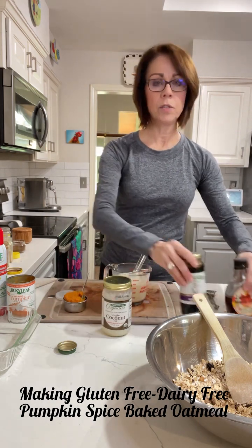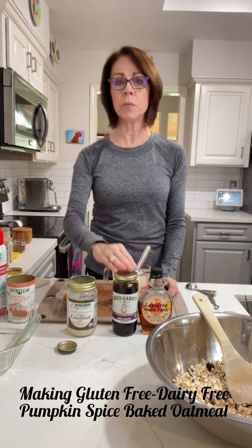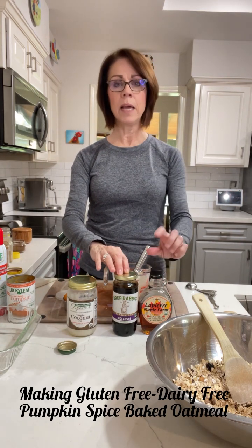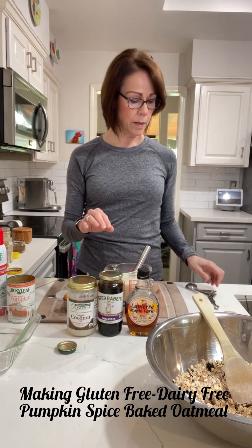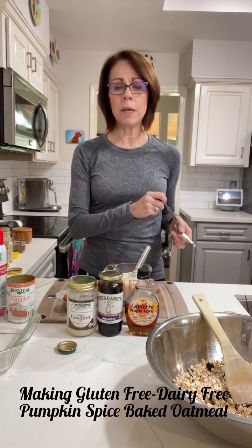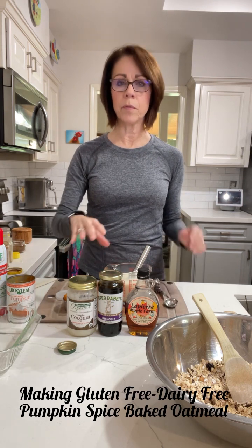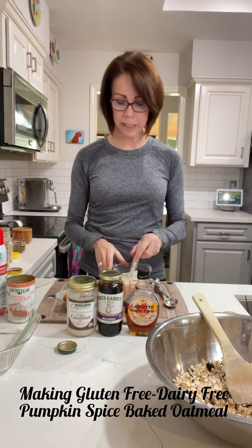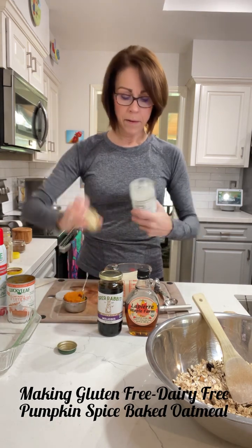And then I've got 2 types of sweetener here. I've got blackstrap molasses, which I love because it's high in iron and high in calcium, and then pure maple syrup, which is also, I don't know if I would say lower glycemic, but a healthier type of sweetener than your granulated sugar or your brown sugar, which is what you would normally see in here. So I'm gonna go ahead and measure in